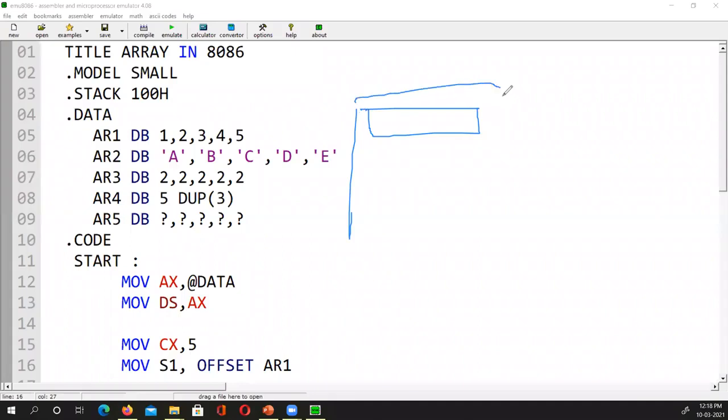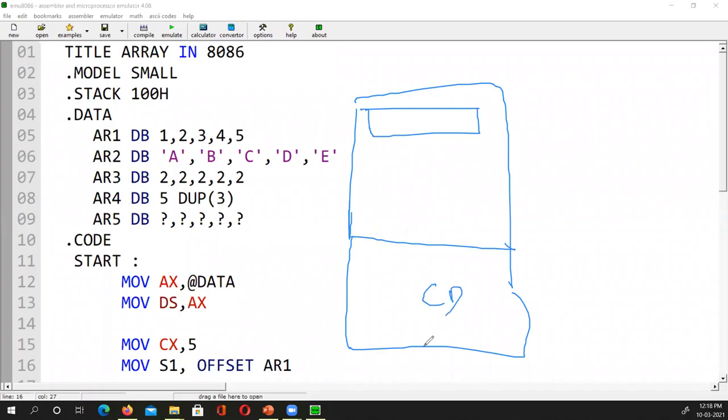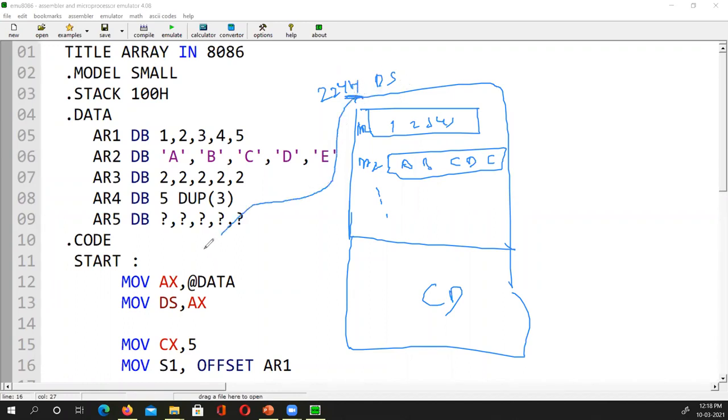Consider this is the data segment, then this is the code segment and the rest. This is my data segment, and here is my AR1, which has 1 2 3 4 5, and here is AR2, which has A B C D E and so on. This data segment has the address 224H. Now this address will be in which register? The data segment register.